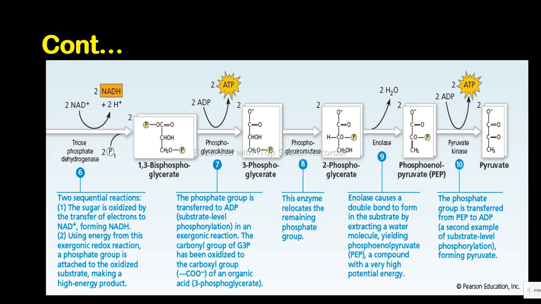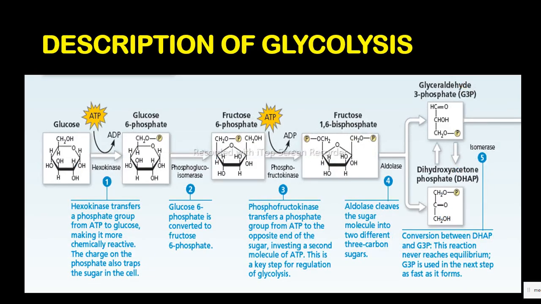So from our previous lesson, we were able to describe glycolysis, where we saw that it is a stage where the glucose molecule is successfully converted into pyruvic acid. It is divided into two stages: the energy investing stage, where you invest two ATP molecules to form a high energy fructose 1,6-bisphosphate, which will split to give two